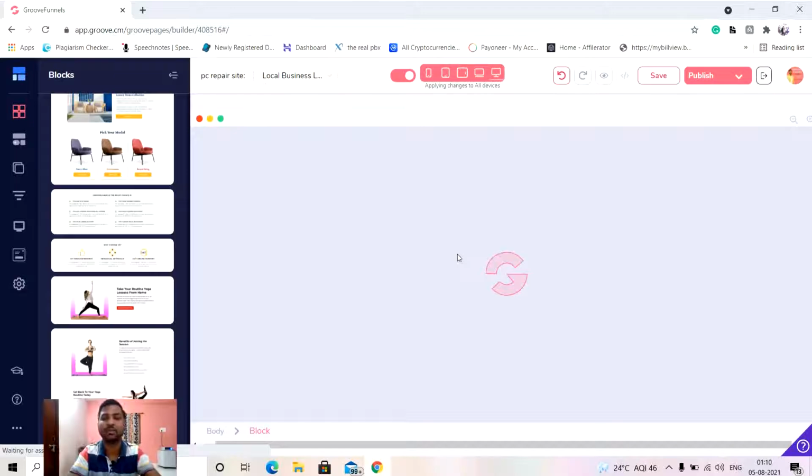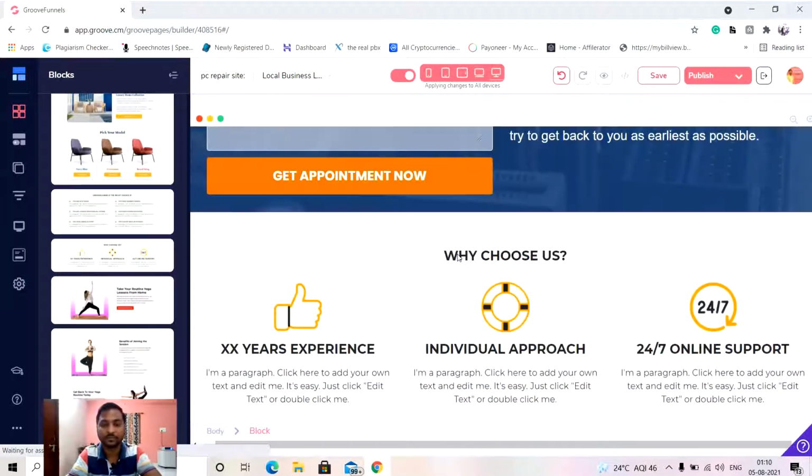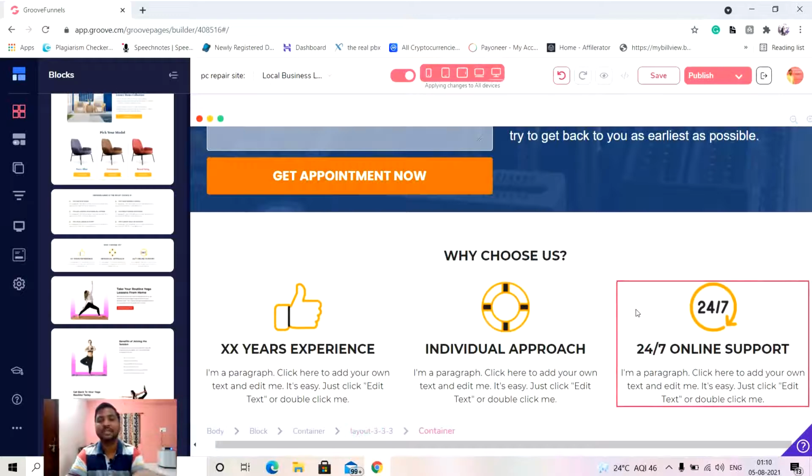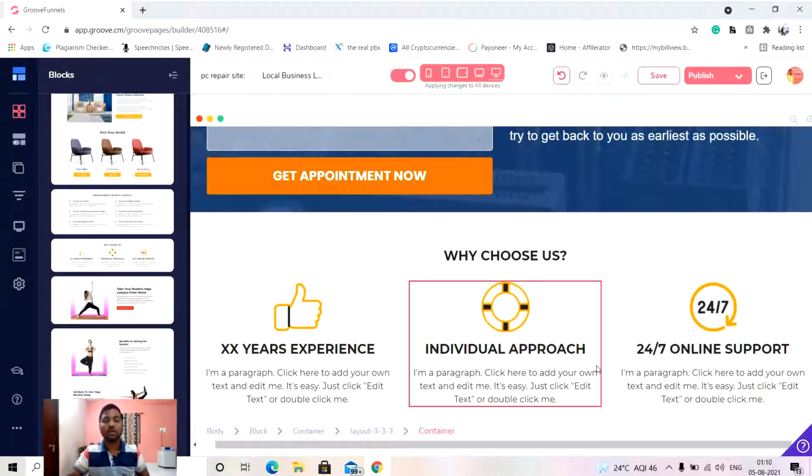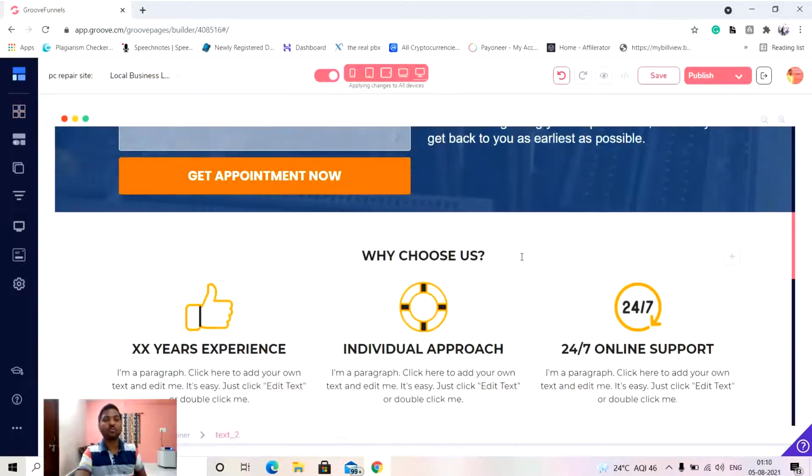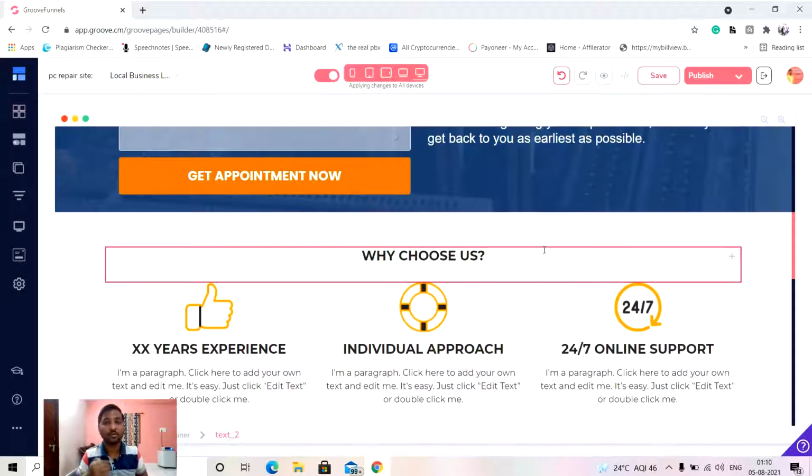It will go ahead and add it to the page. Now here you can see that it says why choose us, what is the reason for choosing us. Whenever you want to tell the client about your services, and you might have seen on so many websites what is the catchy thing to mention over there, I don't think there is something better than why choose us. Now you have reasons to explain over there, to tell the customers why it is important for them to choose you.